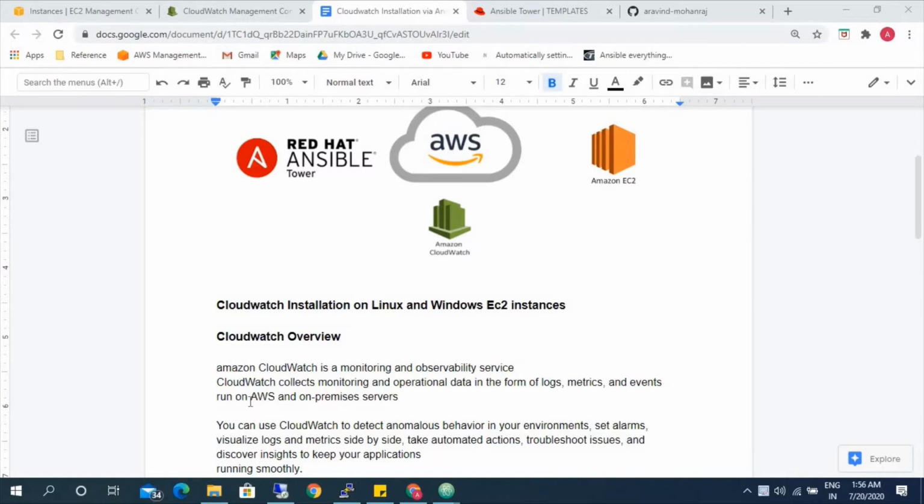So Amazon CloudWatch is a monitoring and observability service. CloudWatch collects monitoring and operational data in the form of logs, metrics, and events, and we can use CloudWatch in AWS as well as on-premise services also. What CloudWatch actually does is collect the data from your server, for example, your CPU utilization, disk, network in and out, and memory. All those data it will collect, and it can be used for monitoring the performance of the server